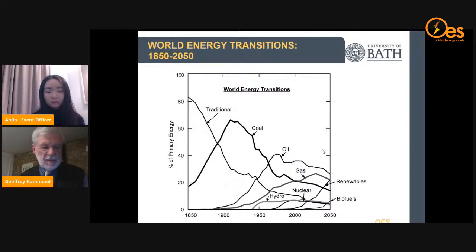I said I'd say a few words about world energy transitions. This slide shows the percentage of primary energy made up of different sorts of energy resources, going back to 1850, that's near the Industrial Revolution in the UK, and stretching out to 2050. And we can see that before the Industrial Revolution, most of the energy sources were traditional sources. These are things like wind and water power. If you were in a developing country, it might be dung, etc. After the Industrial Revolution, the use of coal took off. So you see a big spike in coal use.